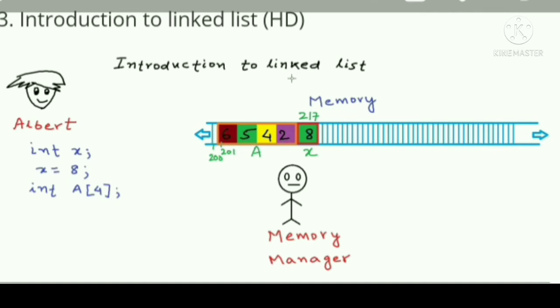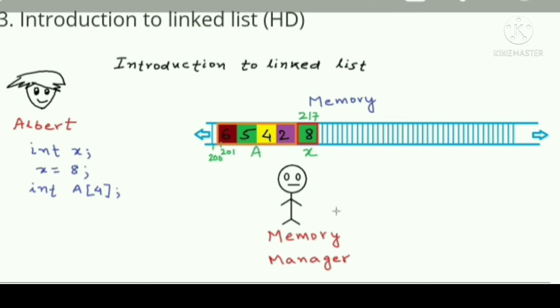So he asks the memory manager that, hey, I want to extend my array A. Is it possible to do so? I want to extend the same block. And the memory manager is like, when I allocate memory for an array, I do not expect that you will ask for an extension. So I use whatever memory is available adjacent to that block for other variables. In some cases, I may extend the same block, but in this case, I have an element and a variable x next to your block. So I cannot give you an extension.